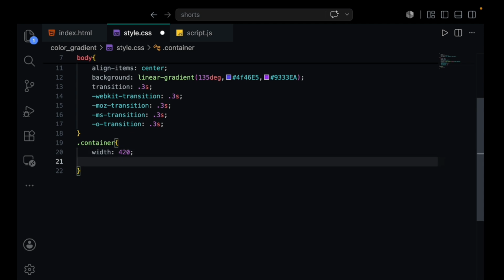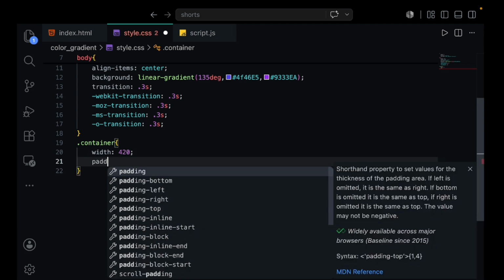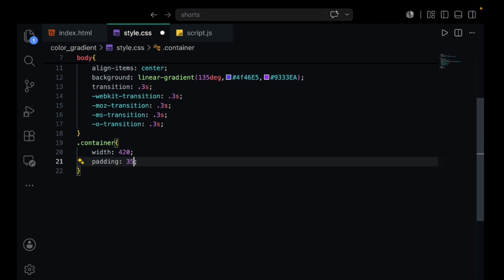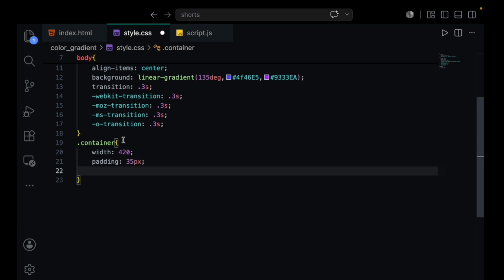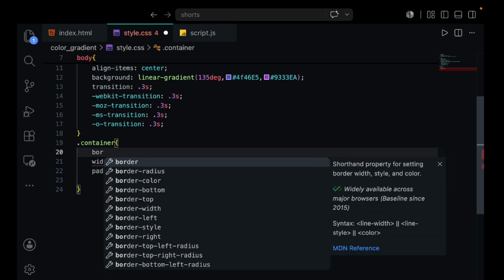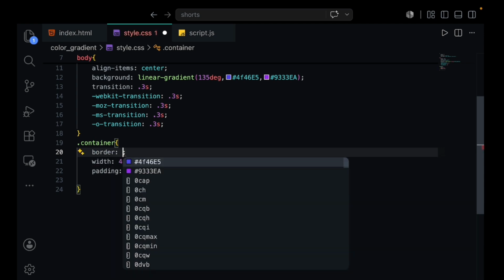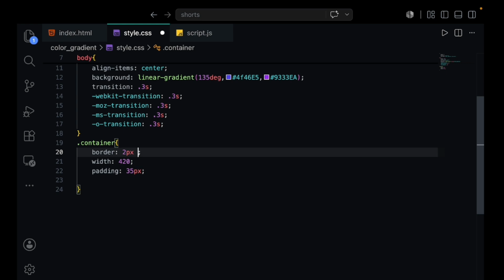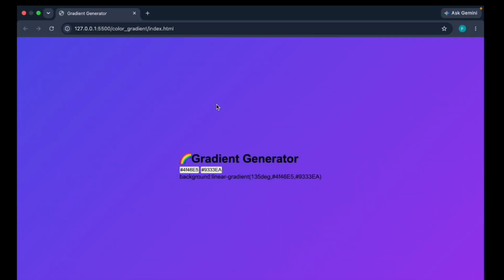Going to be better. And then we're going to give padding, which is going to be 35 pixel. And let me give a border, so it's going to be border 2 pixel solid black.